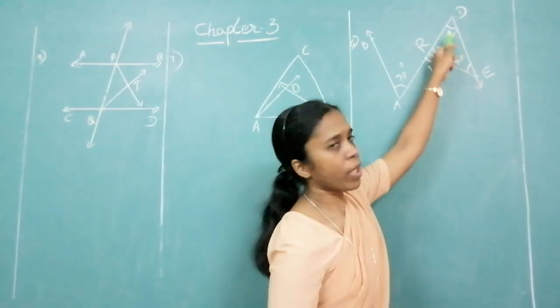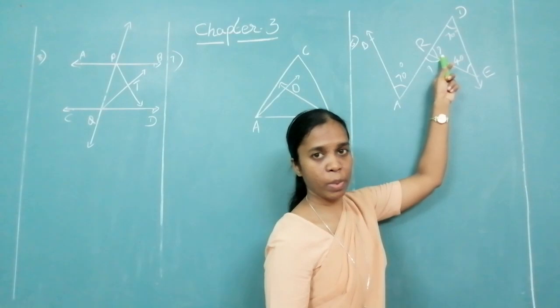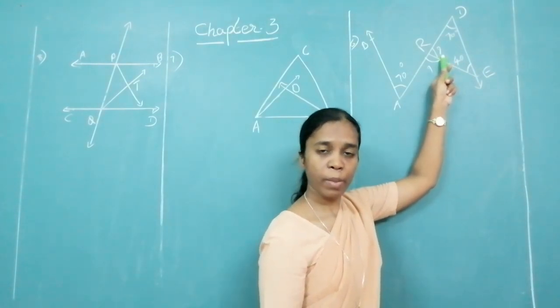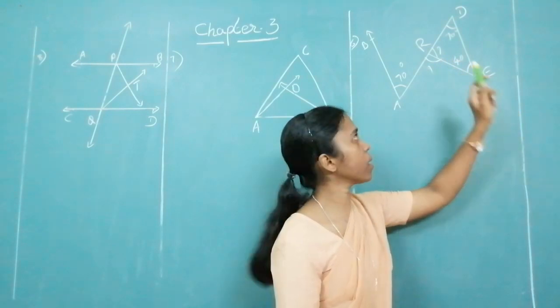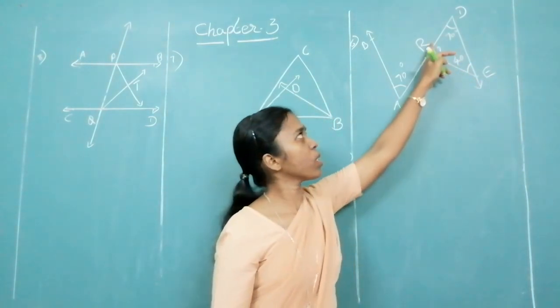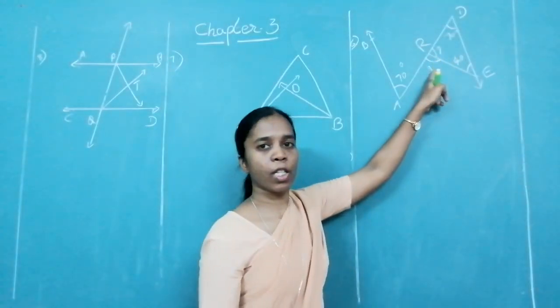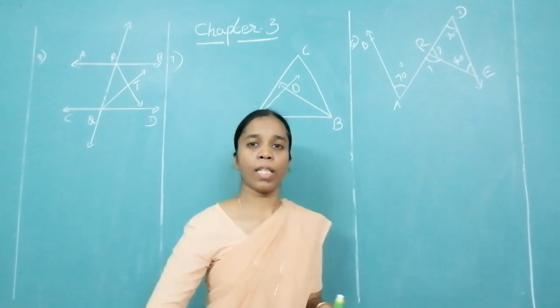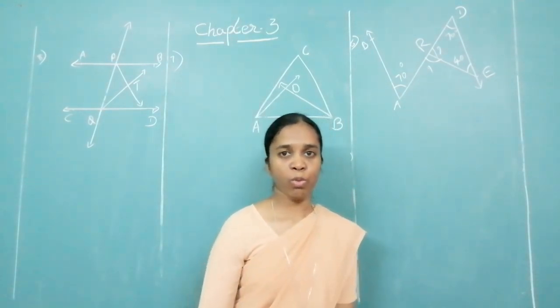Now, look at this. You have a triangle over here. In the triangle, this is 40 degrees, 70 degrees. So you can find out this measure. Sum of the measures of the angles of a triangle is equal to 180 degrees. Write the appropriate reason, find this. Once you find this, you can find this because this is a linear pair. So you can write this plus this equals 180 degrees. What is the reason? Linear pair. Therefore, this angle is equal to the remaining value. That is how you find that.